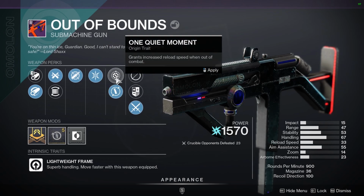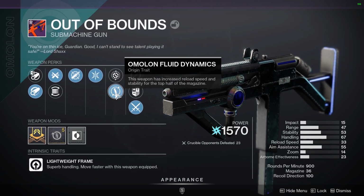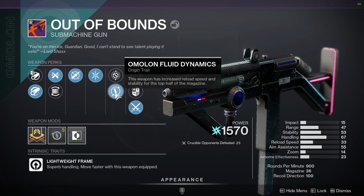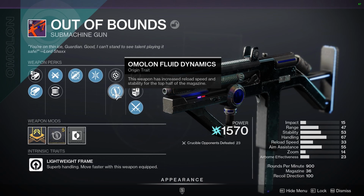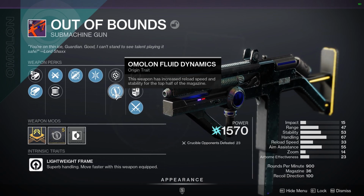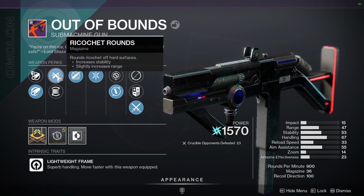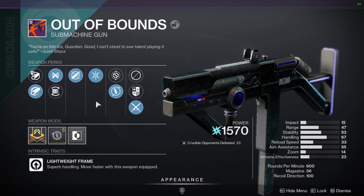And then for our origin traits here we have two, but I chose this one, Amalon Fluid Dynamics. This weapon has increased reload speed and stability for the top half of the magazine, and I gotta say, that's something I point out a couple of times while you're gonna see the gameplay, and it's really nice. That top half of the magazine is just a laser beam because this is such an amazing stability roll with what I have here with the dynamic sway and the stability from ricochet in this, and it's just really nice